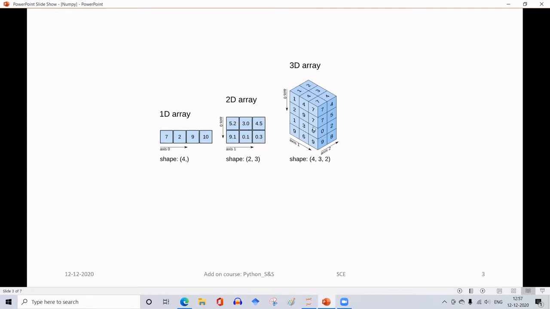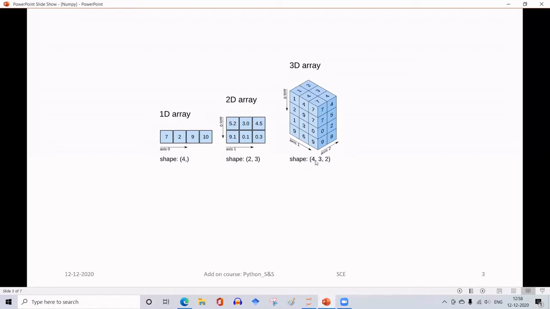If such 2D arrays are stacked, for example, in this third figure, we see a 2D array consisting of 4 rows and 3 columns, and 2 such stacks constitute a 3D array. Along the rows we have axis 0, along the columns we have axis 1, and along the stackings we have axis 2.